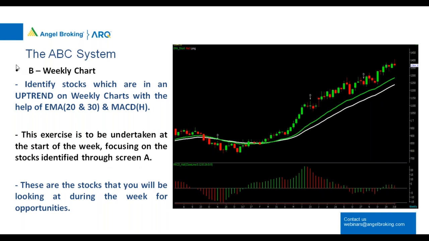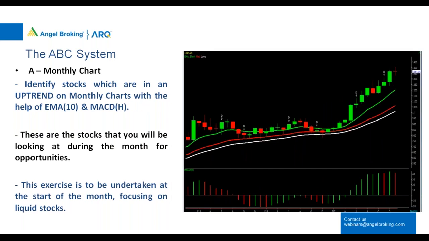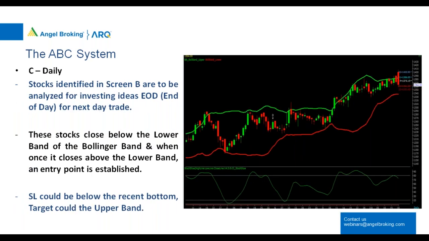This is an exercise which you need to do on your weekend, so people who don't have that much time to spend during the day, this is a very good exercise. First of all, you look for those stocks which are strong on the monthly charts, and then you look at those stocks on the weekly chart. In the weekly chart you find that this stock is also in an uptrend, so any correction I will be using as a buying opportunity. This study you can do on weekends, and this is where you get your entry points.